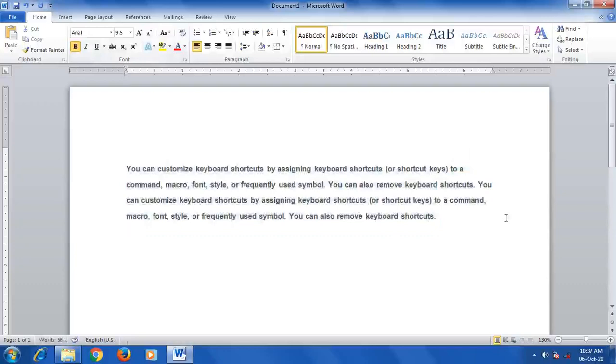Synonyms help to improve the vocabulary, meaning we can find the synonyms of the selected word, similar meaning words, and we can gain knowledge. And antonyms means words with opposite meaning. So words with opposite meaning can also be found for any word.